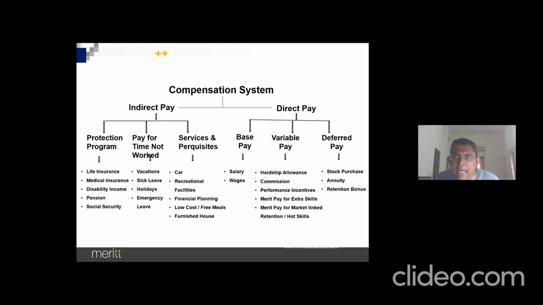The skills which are likely, in your perception, that they might move out. Some roles we will identify, those which we think are niche roles, and we should add some retention bonus or retention pay in their salary component so that they will be retained with us for, say, at least a couple of years.